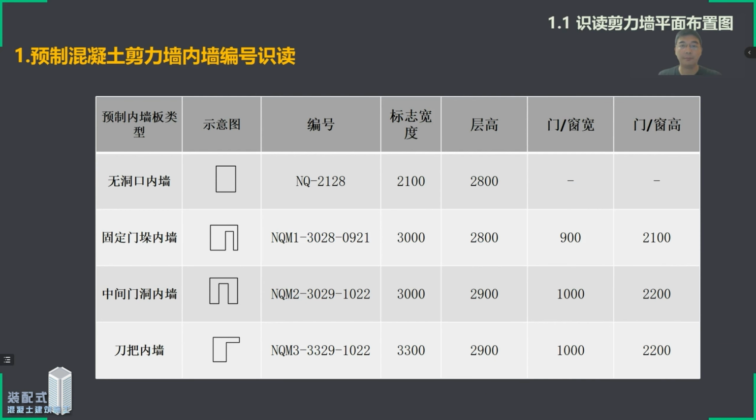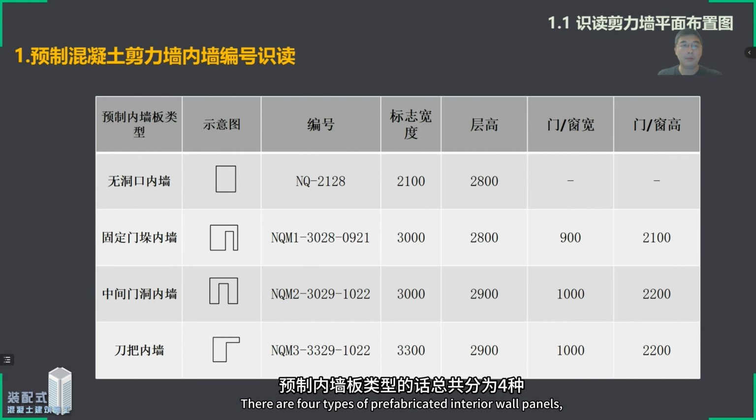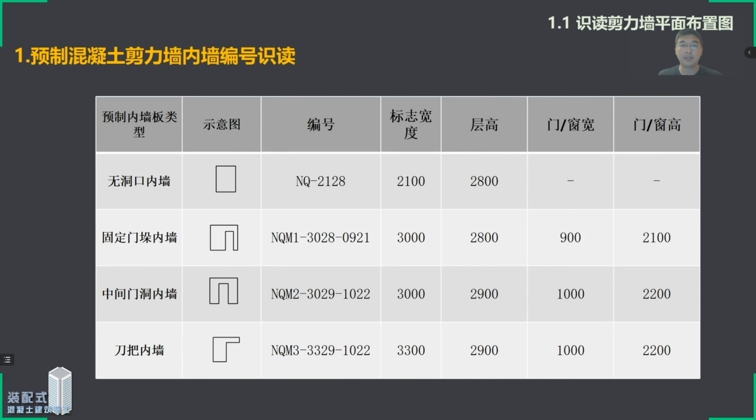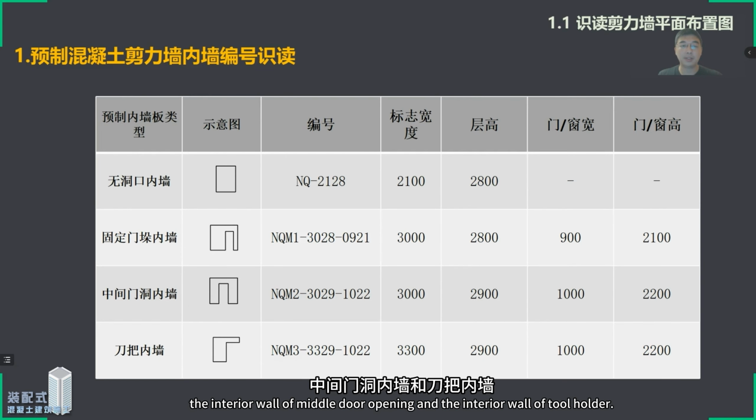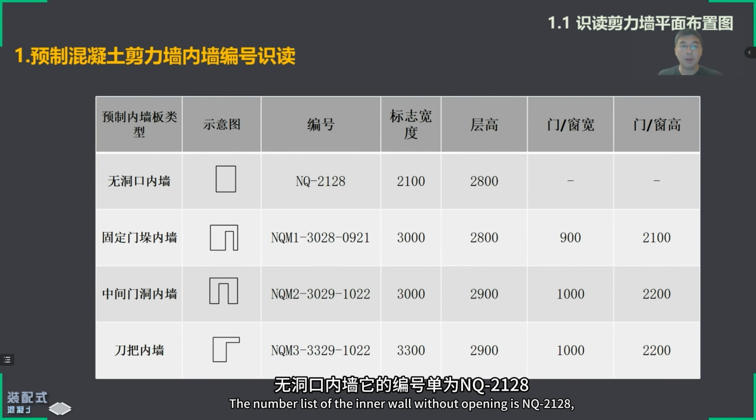This is the cover of our reference atlas. There are 4 types of prefabricated interior wall panels, including the interior wall without opening, the interior wall of fixed door buttress, the interior wall of middle door opening, and the interior wall of tool holder. The number list of the inner wall without opening is